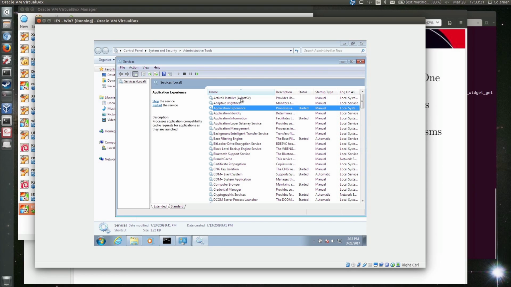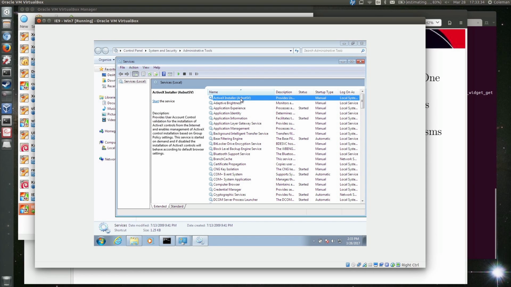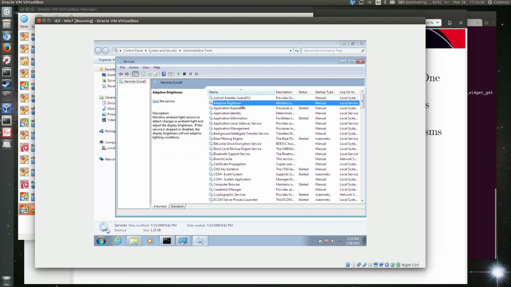That means that me as a normal user am not used to having whatever functionality is offered by any of these things. From my perspective as a user, I was actually unaware that any of these were installed on here in the first place. A really good example might be Bluetooth, right? Most people's systems may come with Bluetooth disabled by default, and then it's up to those people to actually enable it. If I never use anything with my laptop that uses Bluetooth, then if my Bluetooth service ends up getting hijacked,